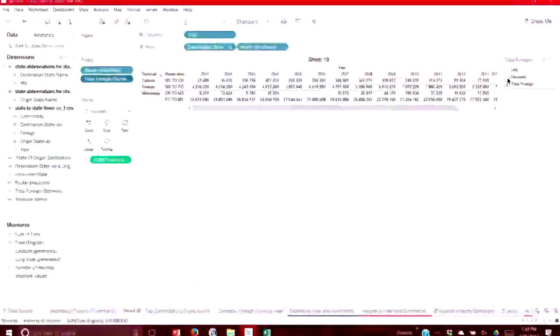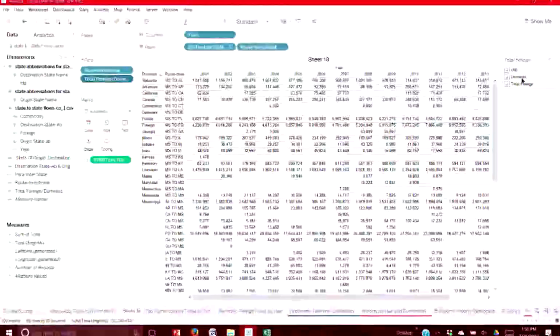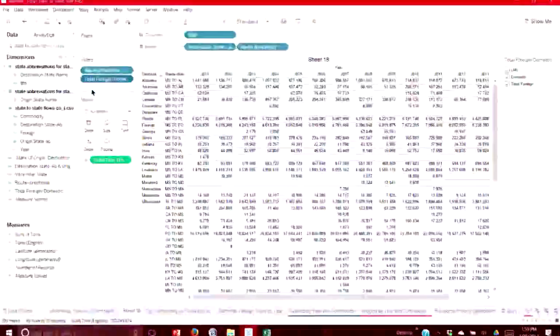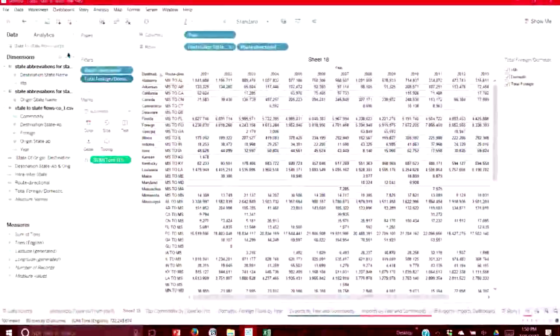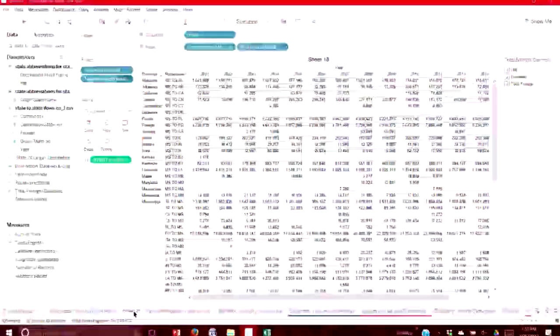So if I want to filter just domestic, or take it out, or do total foreign, or do all, this gives me a little more flexibility. As you're building the data set, you think, I may want to cut domestic flows, I may not want to cut domestic flows. And then the next element was origin state.